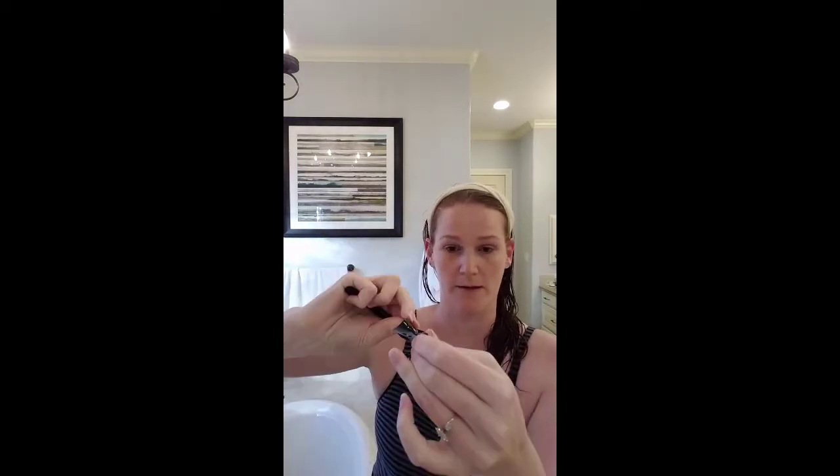So don't mind my messy bathroom here. This stuff's pretty messy, so I want to show it in my bathroom because I don't want this goop all over my house. So I'm gonna put it on and then I'll come back in just a little bit and show you guys it coming off. So one of these little packets, they come with a little tear side, so tear it open here,